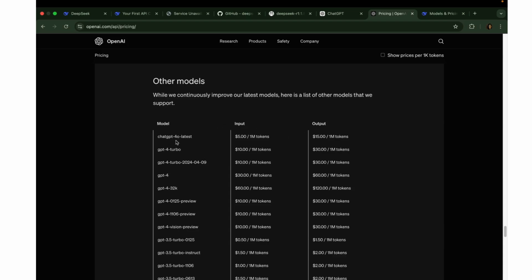For the ChatGPT 4 latest model, we can see that it's $5 for 1 million input tokens and $15 for output. For ChatGPT 4, for that particular model they are charging around $30 for the input, and for output it's double, like $60. And for the GPT-4 32K context window, we have $60 for the input and